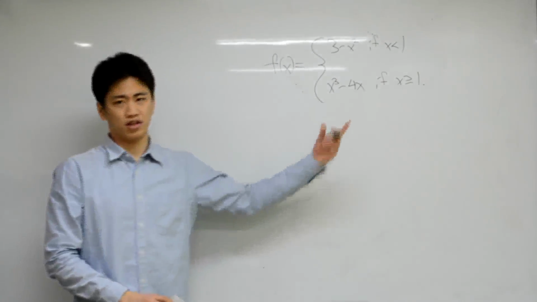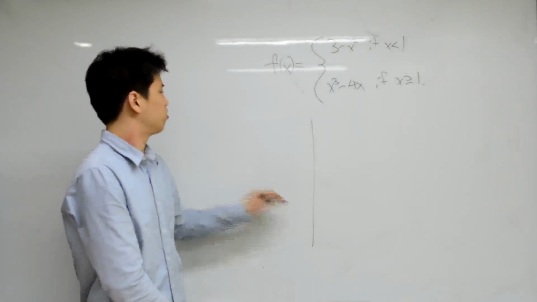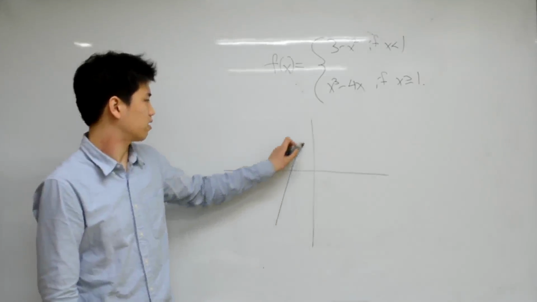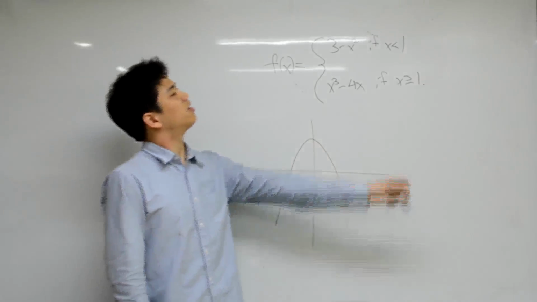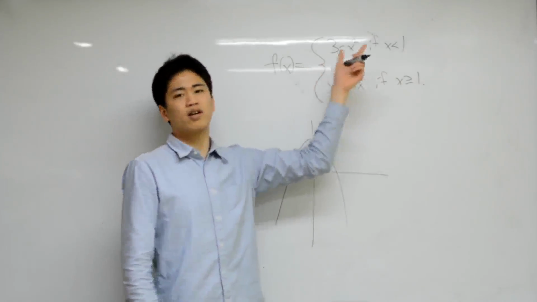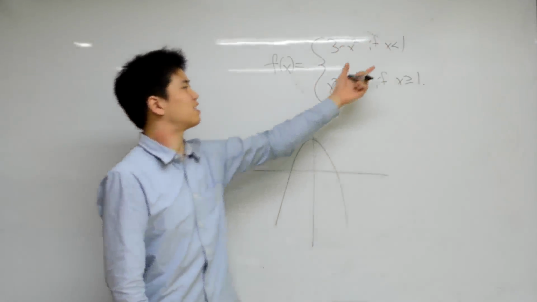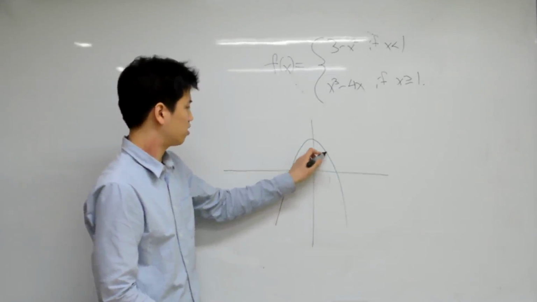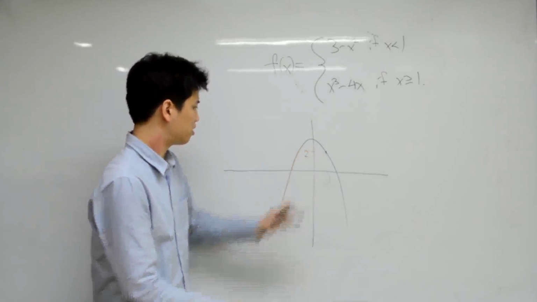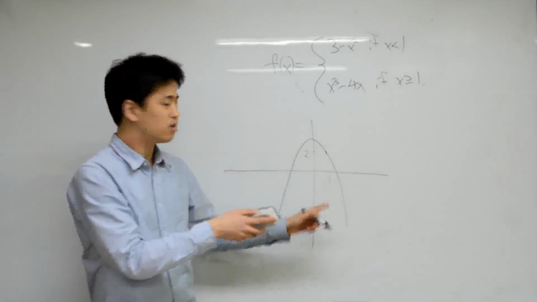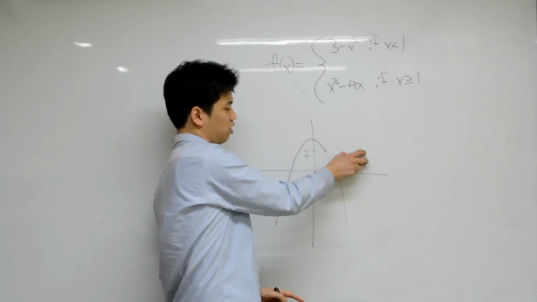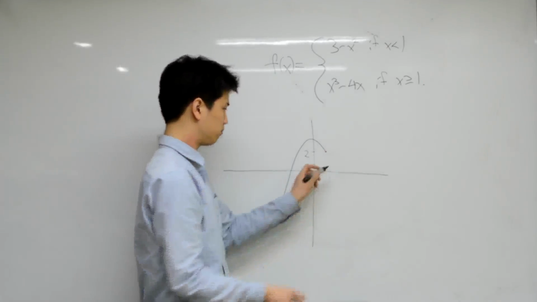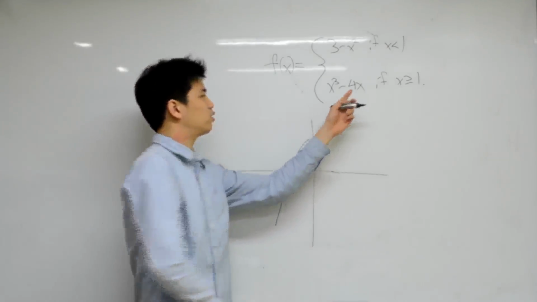And how do we draw this? So we know that 3 minus x squared is just a parabola, right? So it'll look something like this. But then f of x only equals 3 minus x squared when x is less than 1. So at this point, which is 1 and 2, after this point, the function is not equal to 3 minus x squared. So we get rid of this part of the graph. How do we draw this part of the